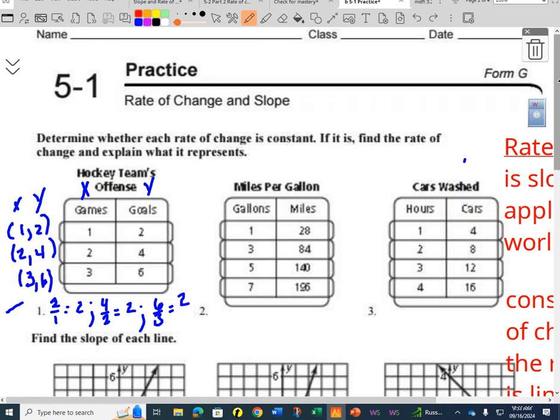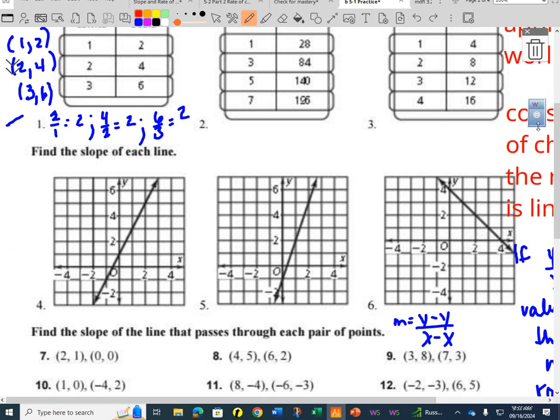Let's do one of these. Find the slope of each line. So remember, this is rise over run. We're going to use rise over run for these, and this is where you just count from one point to the other. So I'm going to give myself 2 points from here